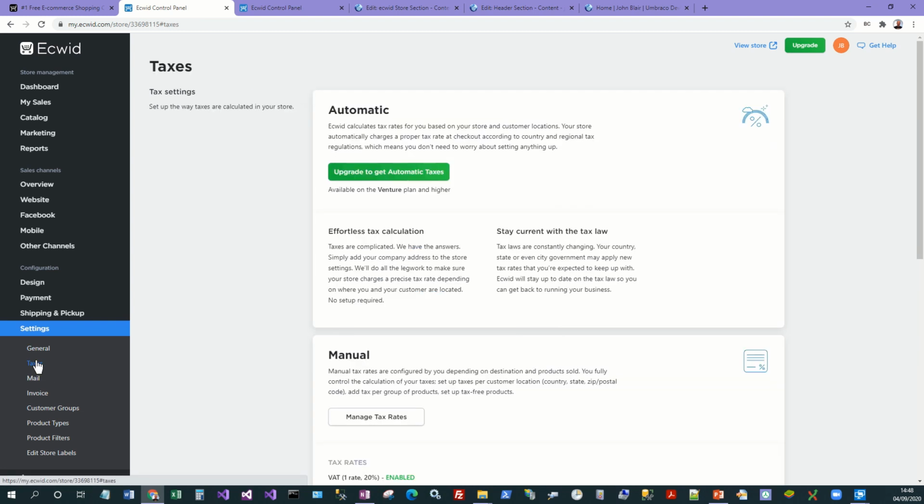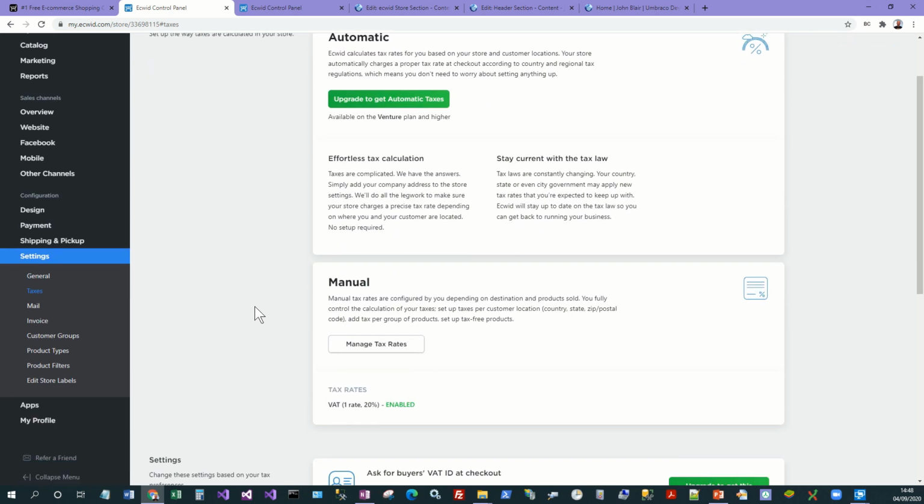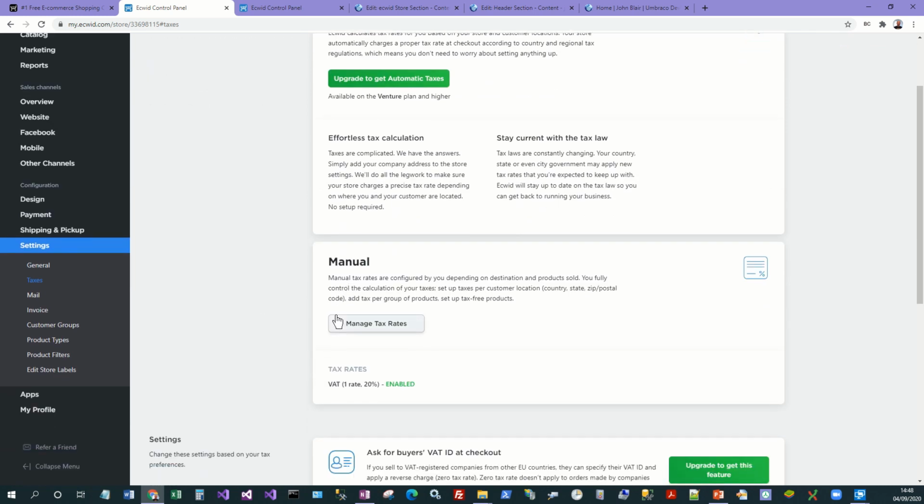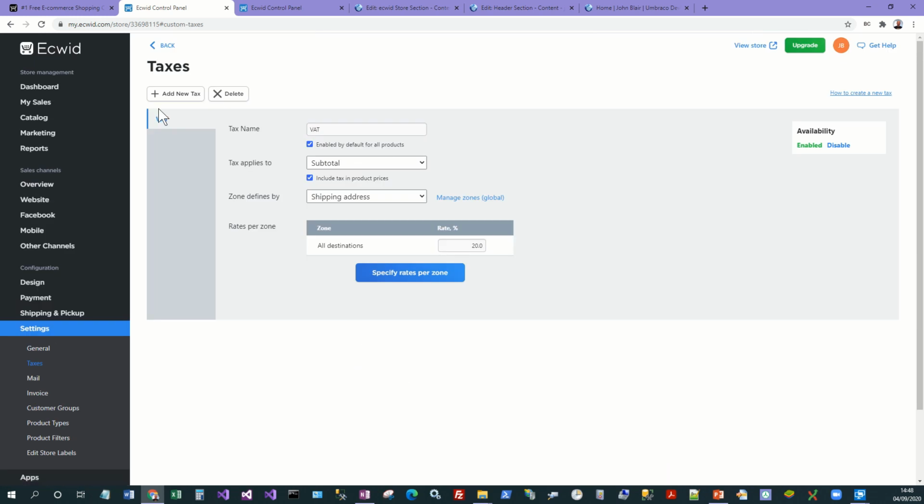You'll then want to add taxes, in the UK, VAT. If you take the free site, you have to use the manual method. So in my case, I've added a VAT tax name and set it at 20%. I include that in the product prices, and I enable it by default in all products, and that's VAT taken care of. I've ignored shipping